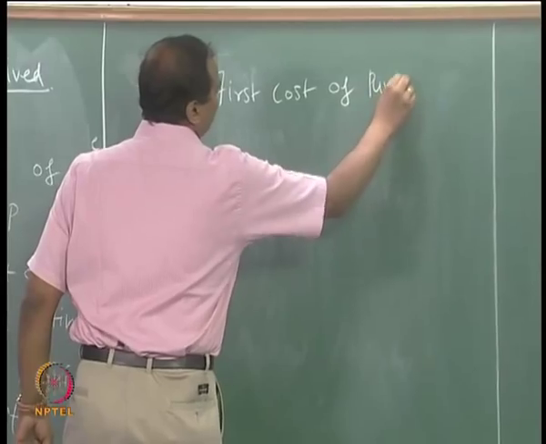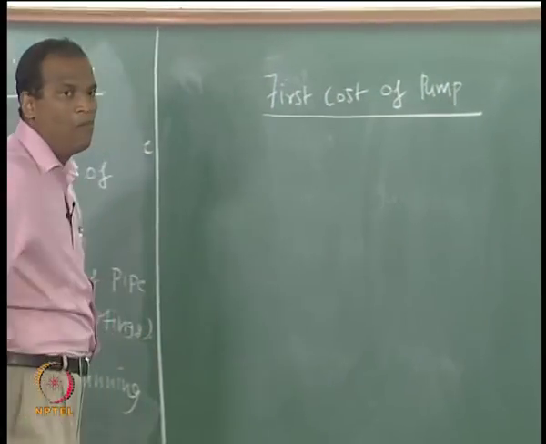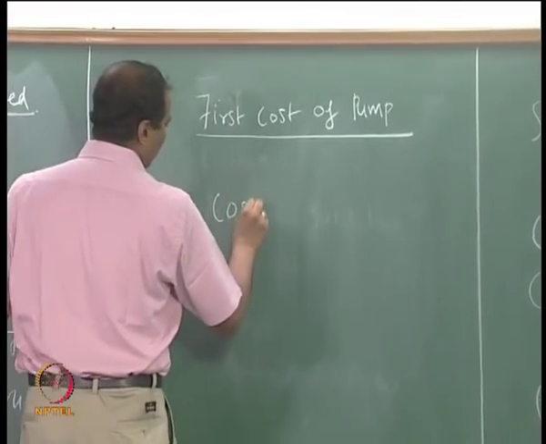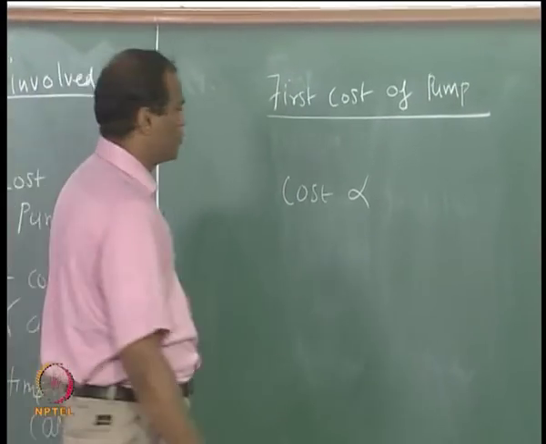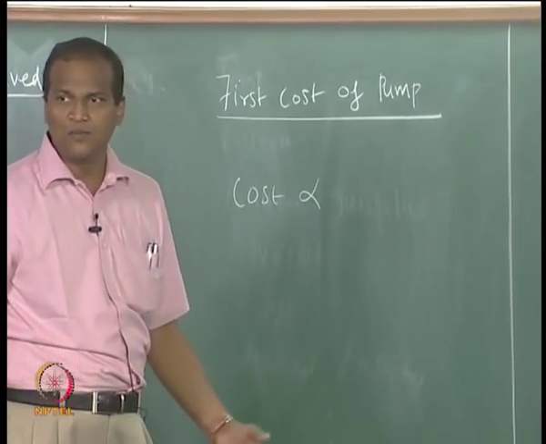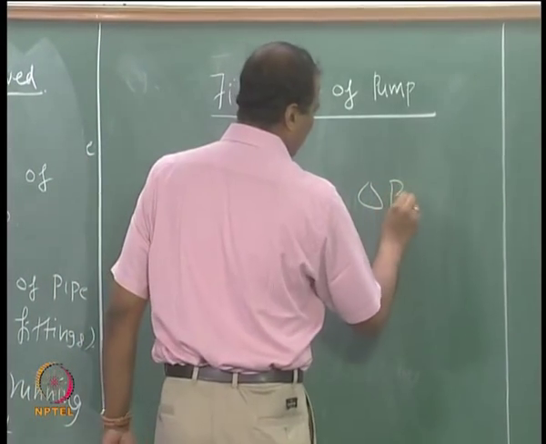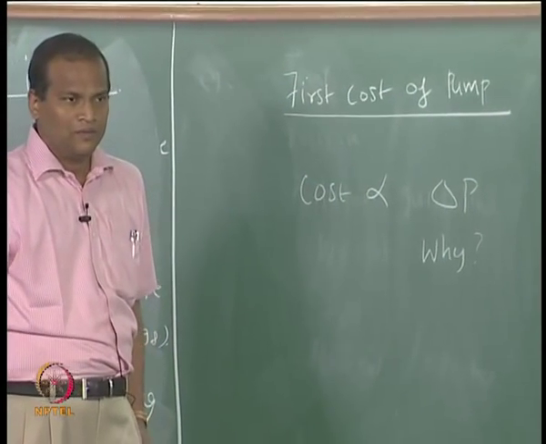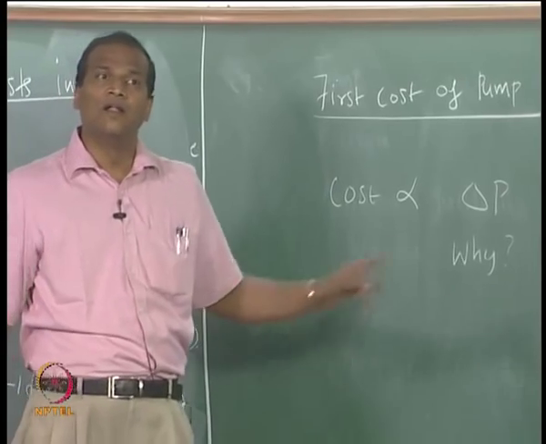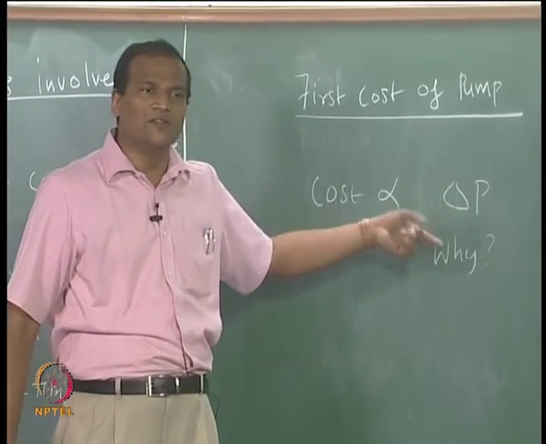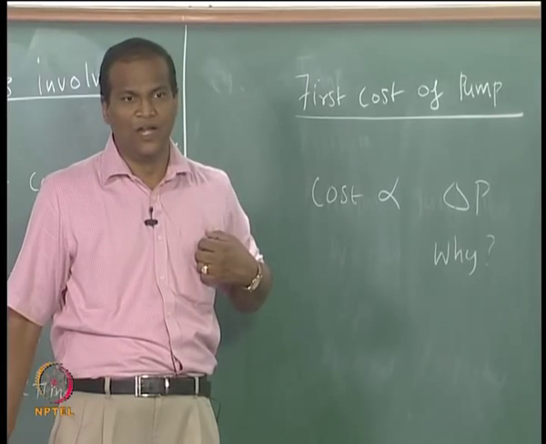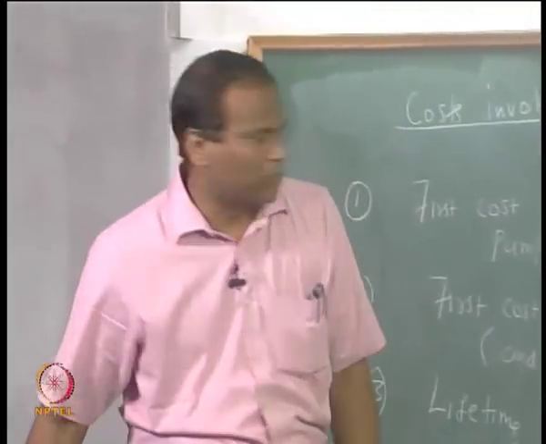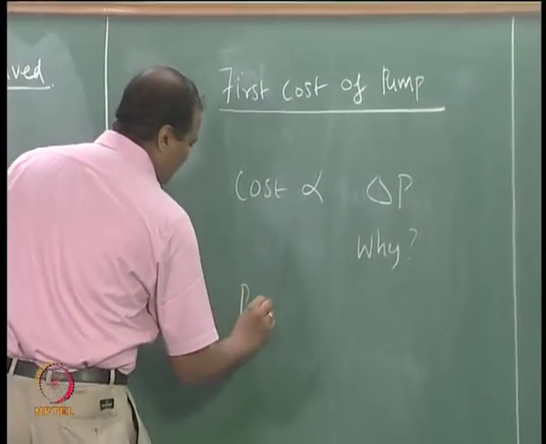Let us start with first cost of pump. Okay. The cost is proportional to delta P. Why? Yeah, it is proportional to delta P, it is also proportional to the volumetric flow rate Q, but the volumetric flow rate is fixed in this problem, so that does not enter the problem. Therefore I can say pump cost